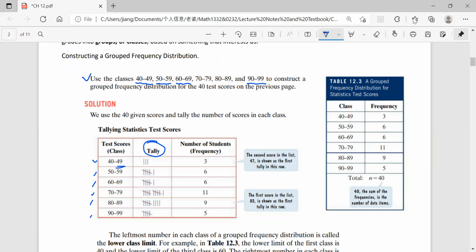By counting, if I see a person between these scores, I can have 1. If I find a second one, I get another straight line, and finally I find 3 people are in this class. And next class, let's see how many people's scores are between 50 and 59,